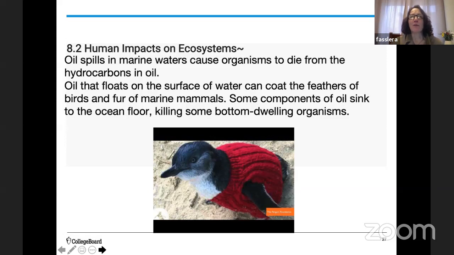You probably remember from your energy unit, one of the main focuses in the energy unit was taking all these different resources or forms of energy and saying, all right, how do we use them? What kind of energy do we get from them? But really the big thing is, what are the pros and cons? What's the advantage and disadvantage of different energy resources? And certainly one big disadvantage of using petroleum as an energy resource is that it can lead to oil spills.